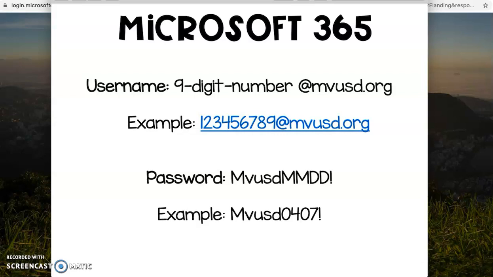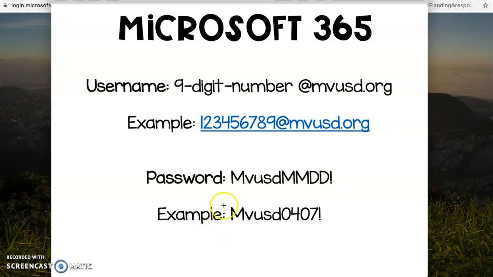And this is the login information that you will need to access Microsoft 365. The username is your child's 9-digit number followed by @mvusd.org. So it's set up just like an email address. The 9-digit number is the same number that they have been using to access iRead and iReady. So the example I put here is 123456789